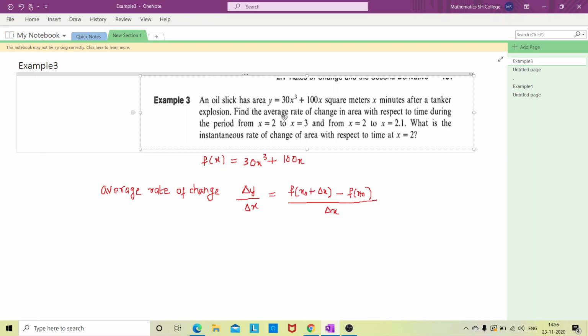So we have to find the average rate of change in area with respect to time for the period from x equal to 2 to x equal to 3. So x equal to 2 is the initial one, and the new one, x naught plus delta x, is x equal to 3. So it means that we have to find, in the first case,